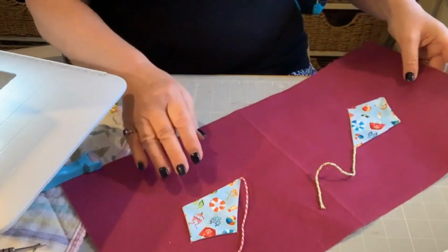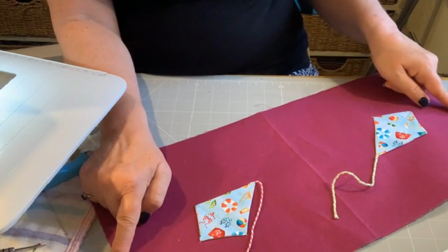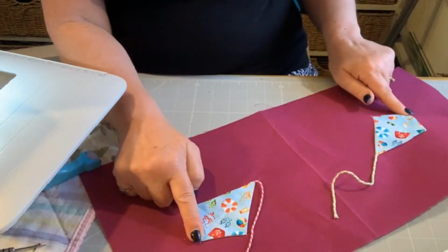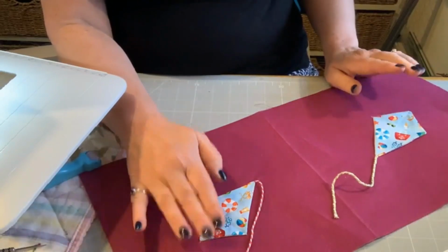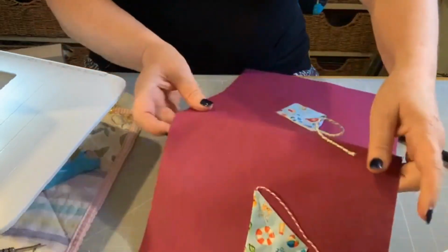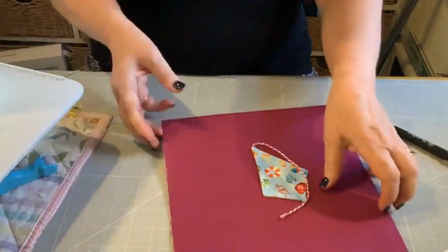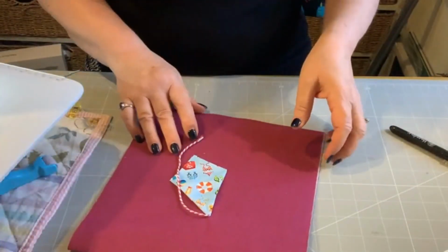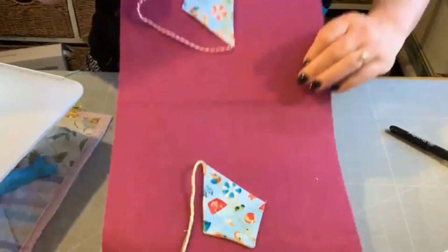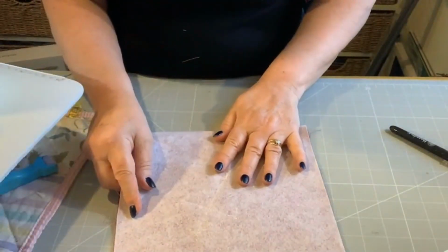Okay, so we've made sure we've got the top of the kites to the raw edges. Now they don't have to be the same length away from the top of that edge, but I tell you in the pattern how much you will need to leave at the top of that edge, because obviously we've got the drawstring. So we've got our kites in place, and now what we're going to do is fold this the other way. Make sure these are tucked in. Fold this in half the other way,